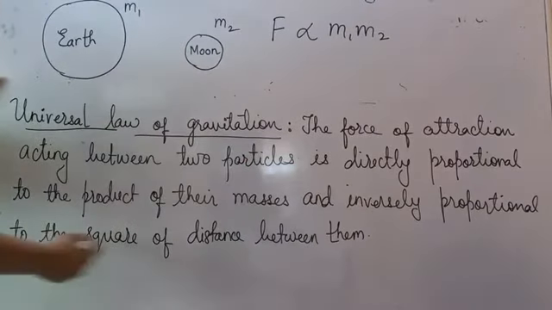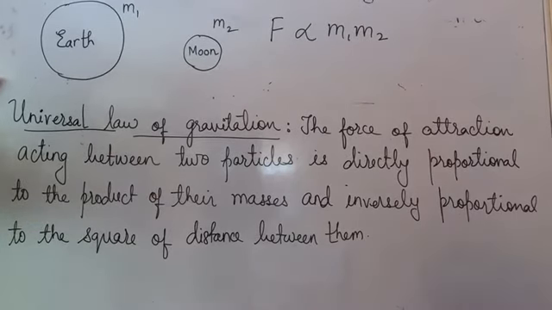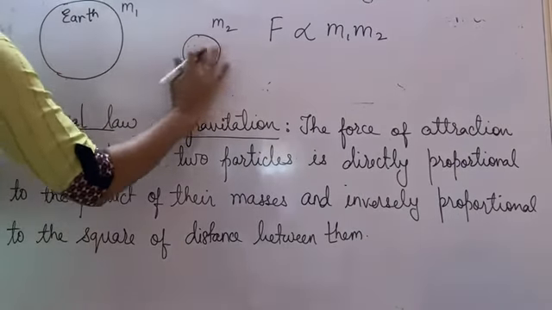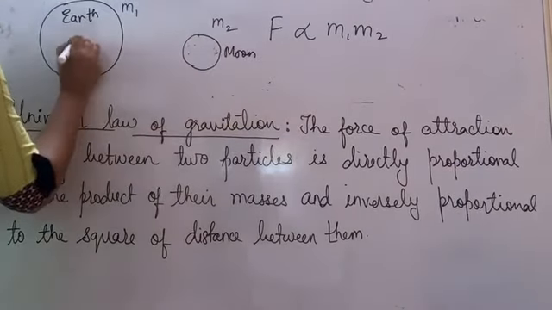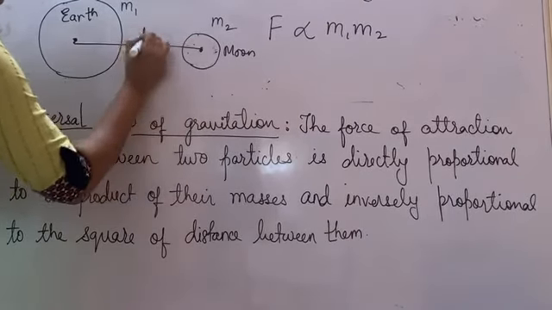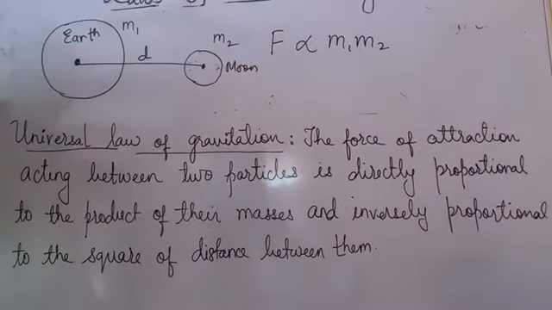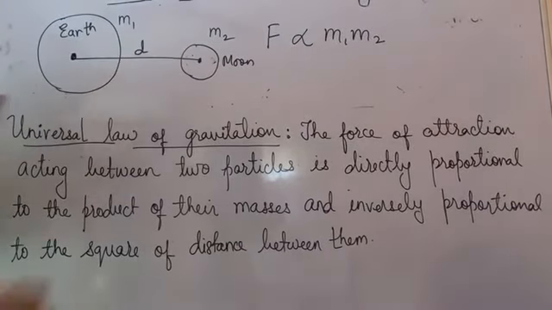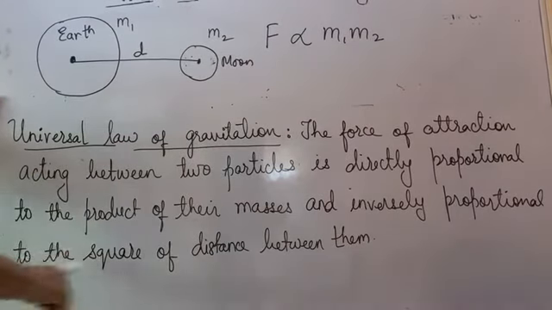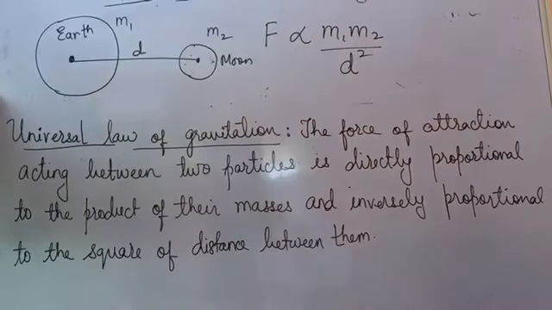And it is inversely proportional to the square of the distance between them, or rather the square of the distance between their centers of gravity. So if I assume this is Earth and I write Moon over here, then if you take the centers of gravity, this is the distance between them. This is called D. Distance is always supposed to be taken from the center of gravity of the two bodies, because the whole mass of the body is supposed to be concentrated at its center when it is a circular body. And this force is inversely proportional to the square of the distance between them.